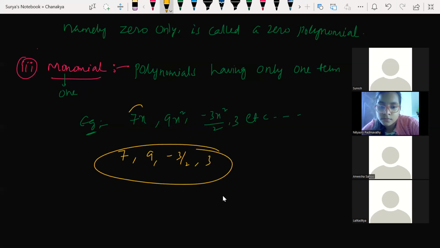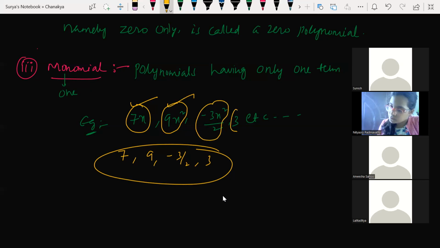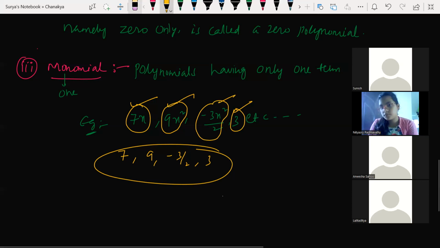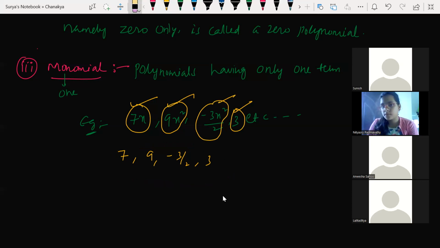These are constant polynomials. But look at it here. There's no variable, right? There will not be a variable in a constant polynomial. In a monomial, you can write with variables, and with the constants also you can write monomials. Even constant polynomial can become a monomial. Understood my point? But all monomials can't be constant polynomials. Is it clear? Yes, sir. We will not be having variables in constant polynomials and zero polynomial. And in monomial, we can have a variable and we may not have. Even if we do not have any variable, still it can be called a monomial.